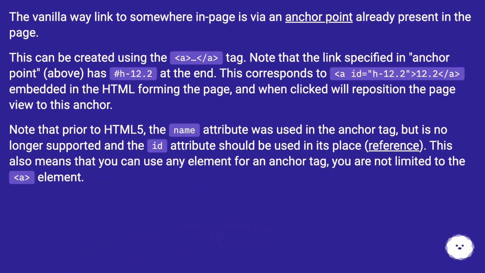The vanilla way to link to somewhere in a page is via an anchor point already present in the page. This can be created using the anchor tag. Note that the link specified in the anchor point above has hashtag h12.2 at the end. This corresponds to 12.2 embedded in the HTML forming the page, and when clicked will reposition the page view to